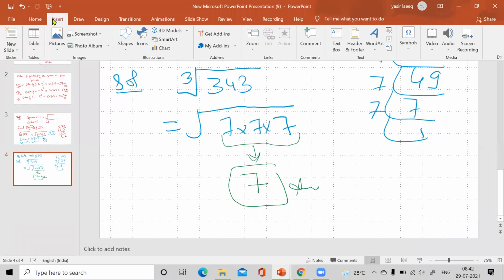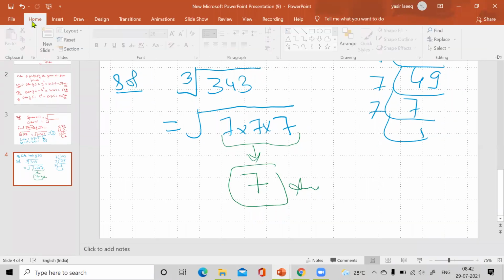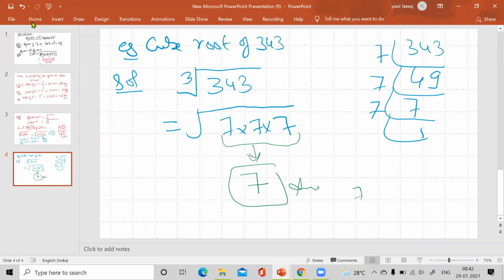Sir, if it is 7 into 7 into 7 into 3 by chance, then what will we do? What are you saying? You are saying 7 into 7 into 7 into 3. Yes, sir, I know this is wrong, but I am saying for example. What do you want, cube root or square root? Sir, cube root. Then it will be like this. Sir, I'm not getting that. Why have you written 3? Because 7 times 3 has come. No, I'm asking about an example like this.